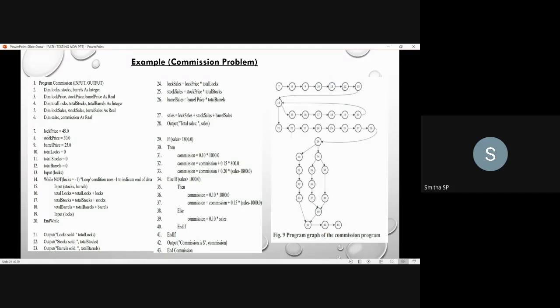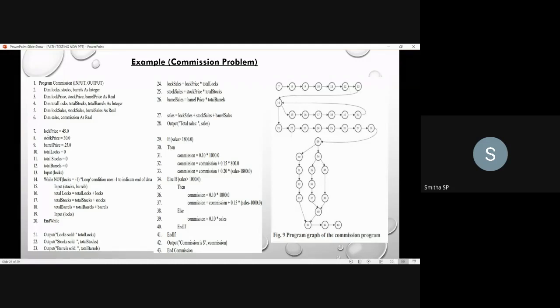Here you are defining log price, and initializing it with the values log price, stock price, barrel price, and you have defined total logs and initialized it to 0. Similarly, total stocks and total barrels.